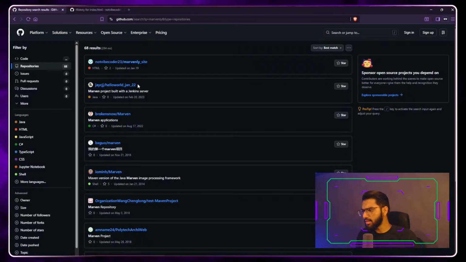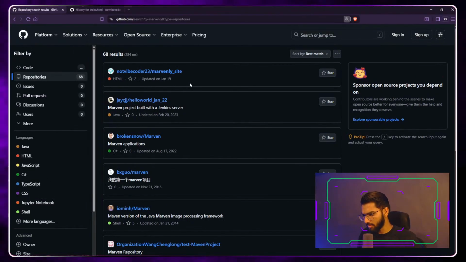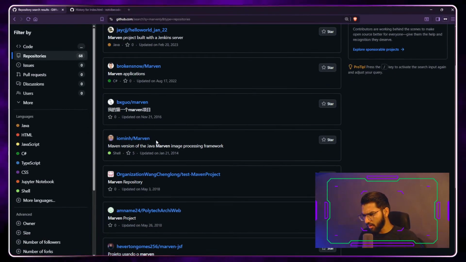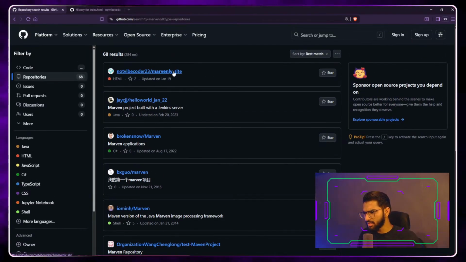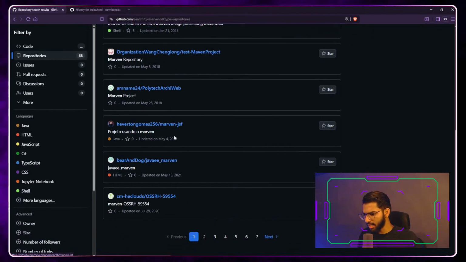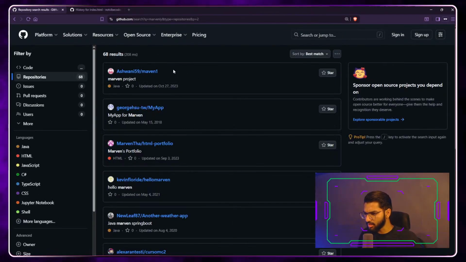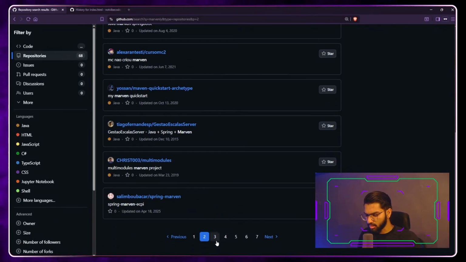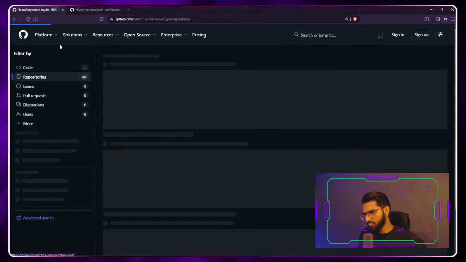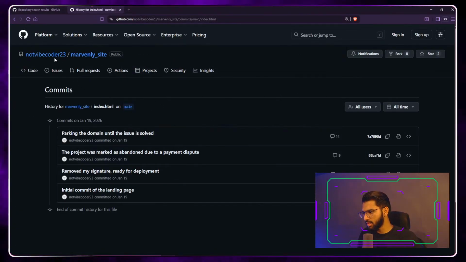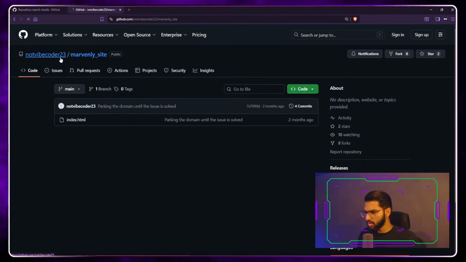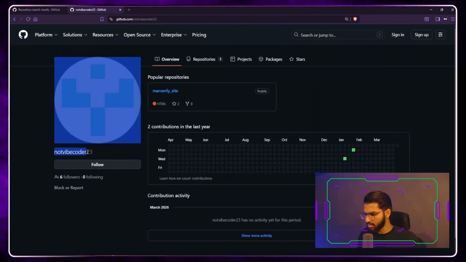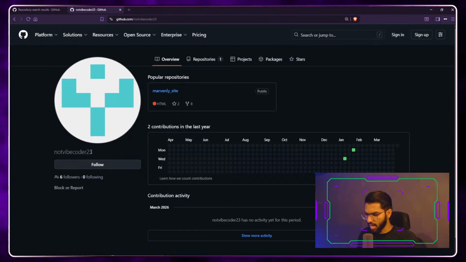Other than that, you can also search for the GitHub repositories and then find out what username it was. We have so many here, and none of them actually have this as their repository name, and that is the only closest one which actually matches any of the repository projects. For that reason, it's this repository itself. And the username of the GitHub profile is this one. And we can come to TryHackMe here.